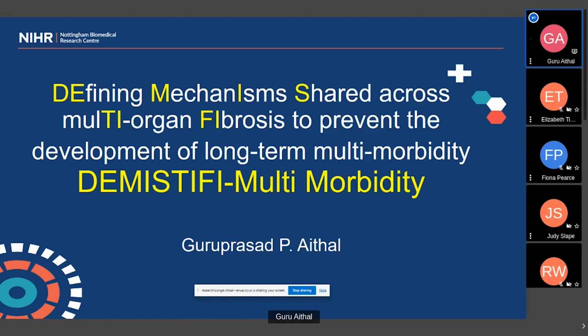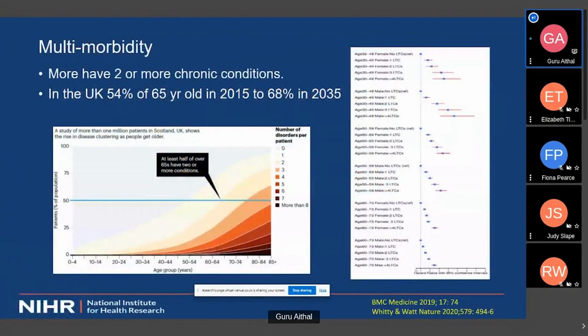The topic was highlighted by UKRI that it should be focused on multimorbidity, and hence the background of